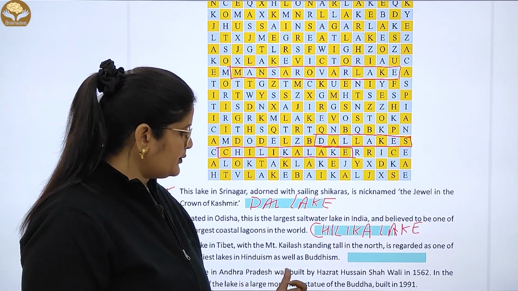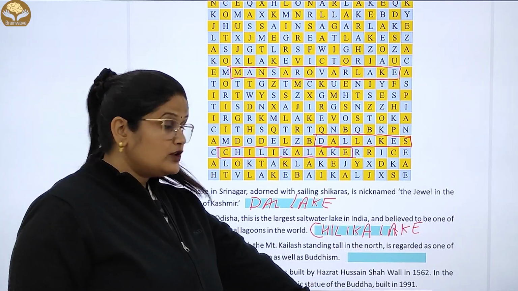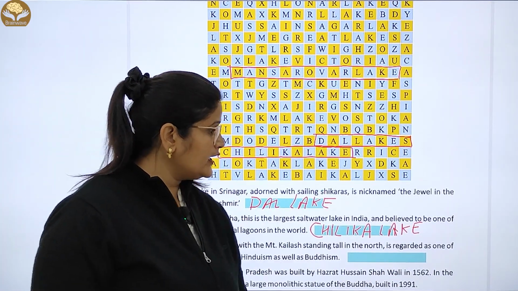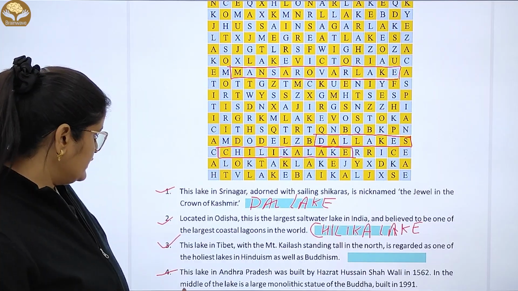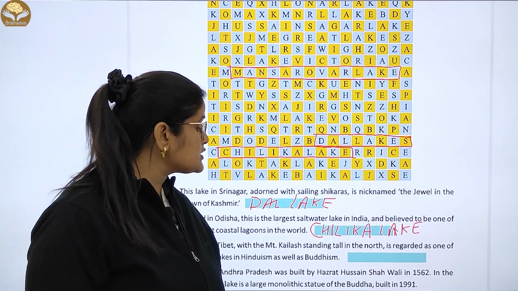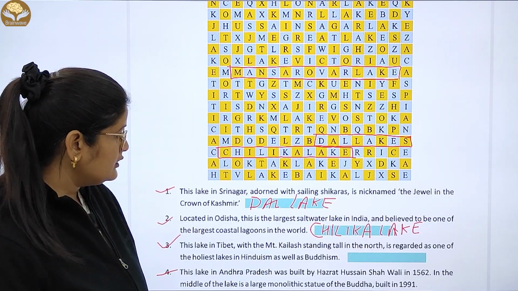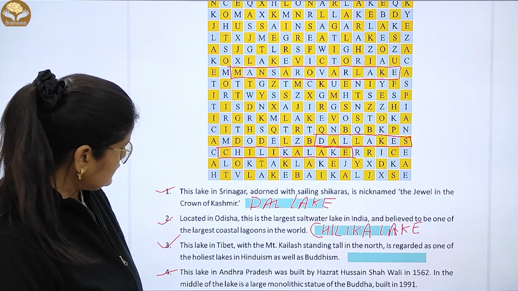this lake in Andhra Pradesh was built by Hazrat Hussain Shah Wali in 1562. In the middle of the lake is a large monolithic statue of the Buddha built in 1991. This is,